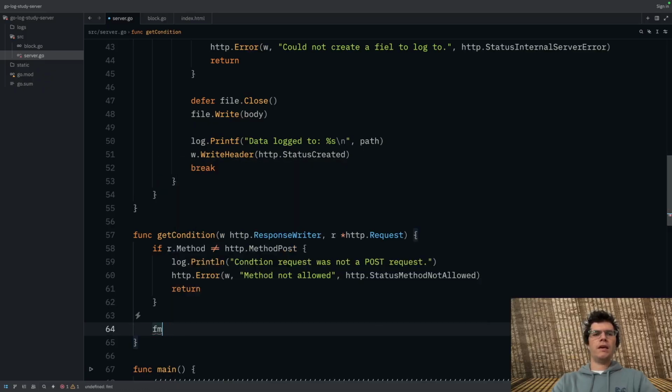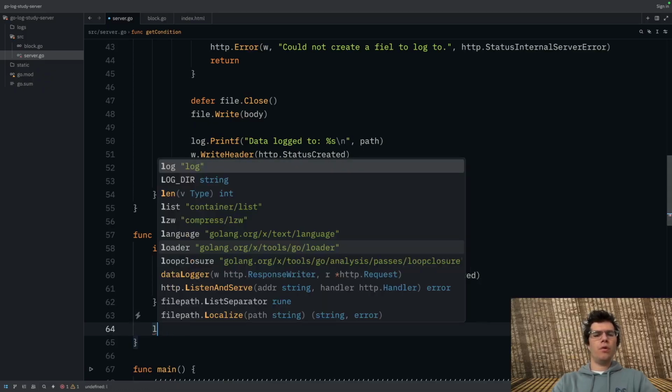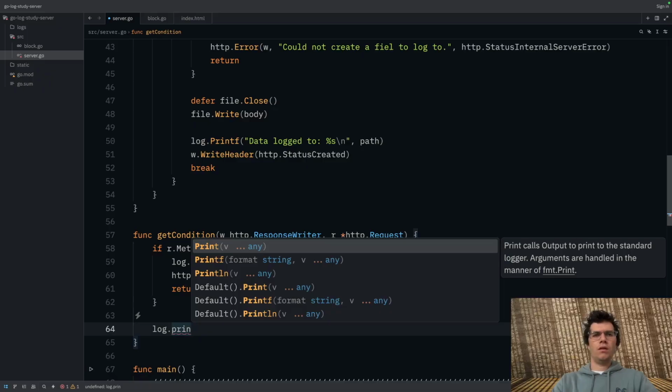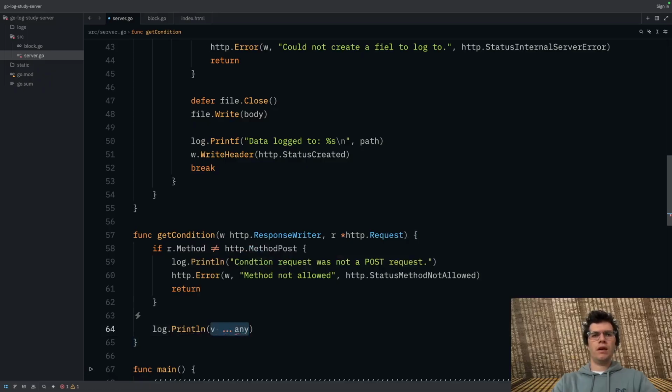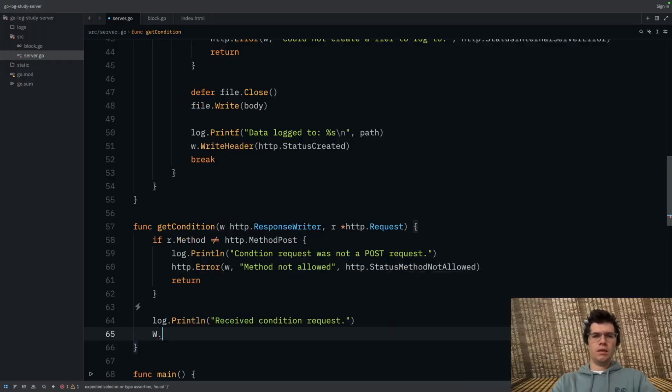We're going to add a log, println, right? And it's going to be something like received condition request, right? w.write, not w.write header. I don't like this W and R thing, by the way.